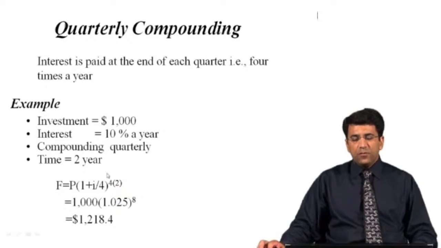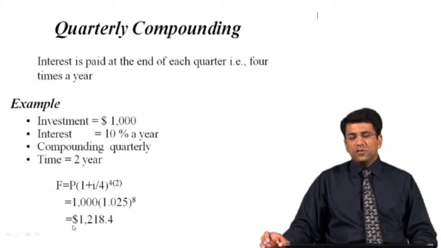Now students, in this formula we have divided the interest rate by 4. Why have we divided by 4? Because the compounding is done quarterly. As I said, 4 times the interest will be applied on a particular amount. So we divide the interest rate by 4, and in the power we multiply this 4 by the total number of years, so the value in this case becomes 8. So the formula will be like this: 1000 multiplied by 1.025 raised to the power 8